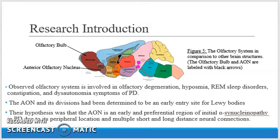So figure 5 here shows the AON and the olfactory bulb in comparison to everything else, and so it's definitely an anterior structure in the brain. And the AON also has 3 different portions that are studied here that you'll need to know throughout this research, which are the retrobulbar, abbreviated the AON-RB, the cortical anterior, abbreviated the AON-CA, and the cortical posterior, which is the